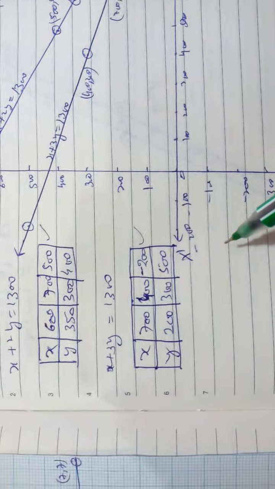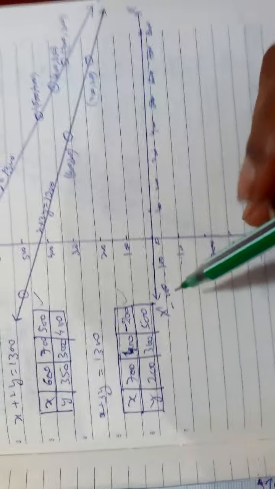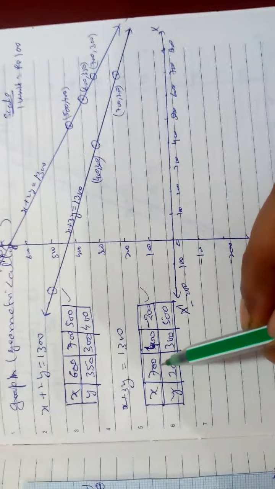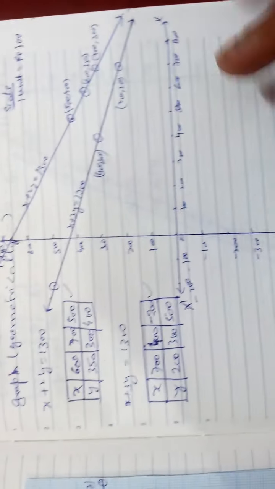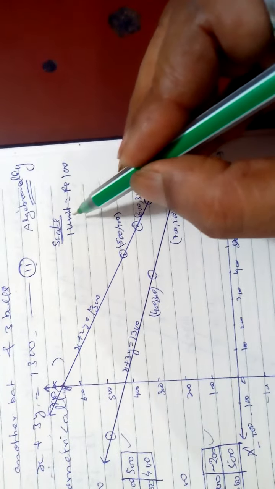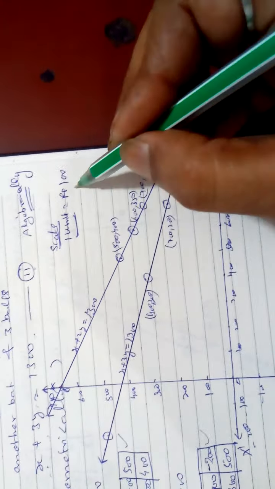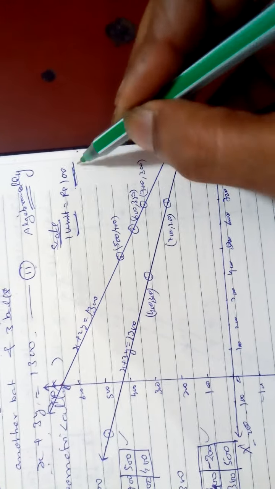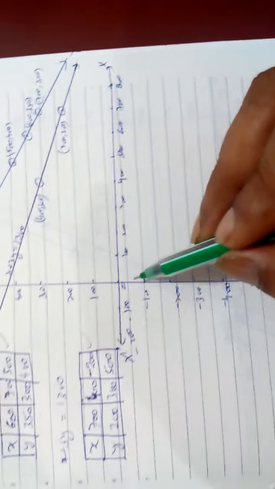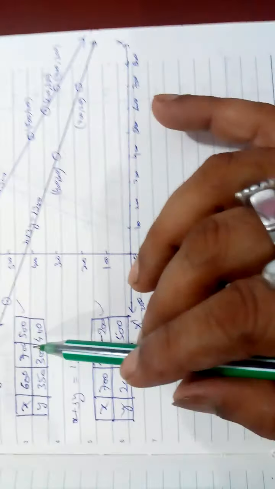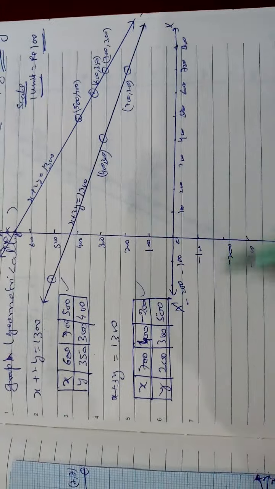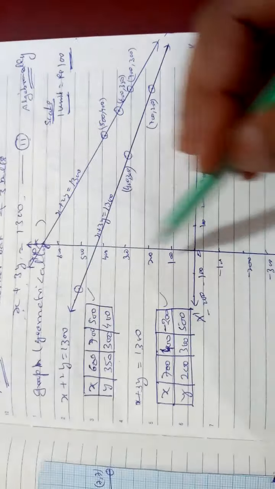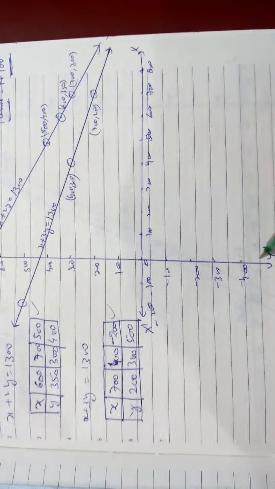It is not given, and any teacher will not tell you, it is your choice, but you don't take 1, 2, 3. If you take 1, 2, 3, there will be decimals and very big values, and it is difficult to draw. The scale I am taking: 1 unit I am not taking 1, I am taking rupees 100. You can take 200, 50, anything. So according to this, maximum rupees is 700. So I have plotted x-axis positive 800, negative 200. Here y positive 800, negative 400.